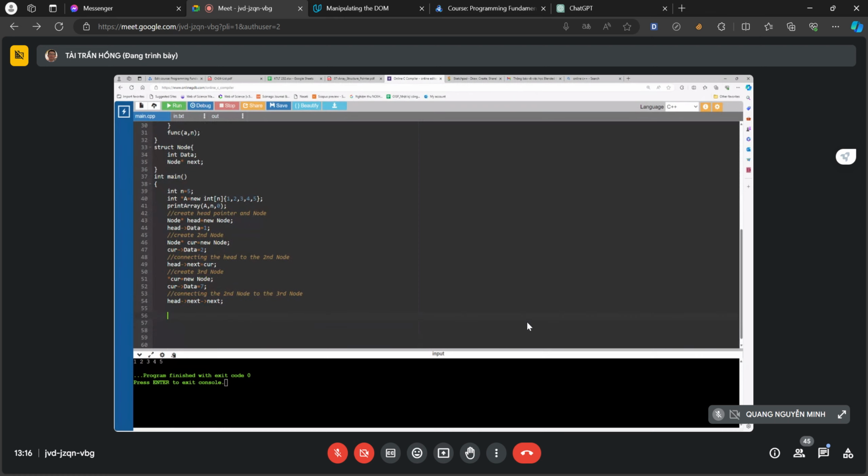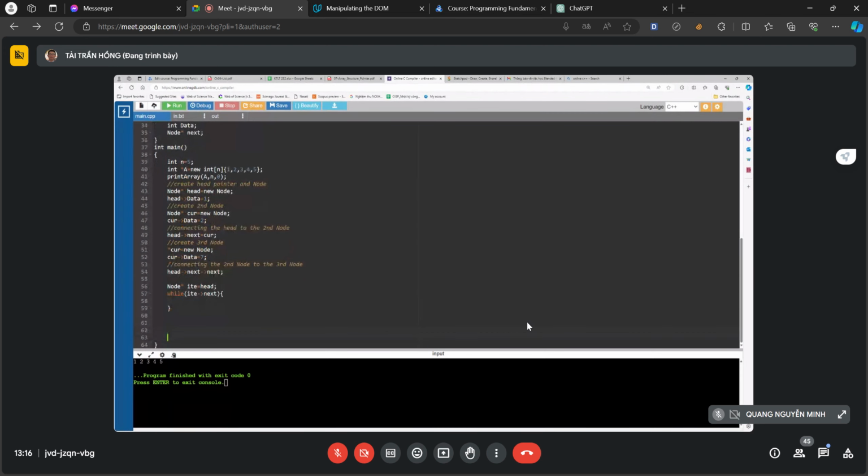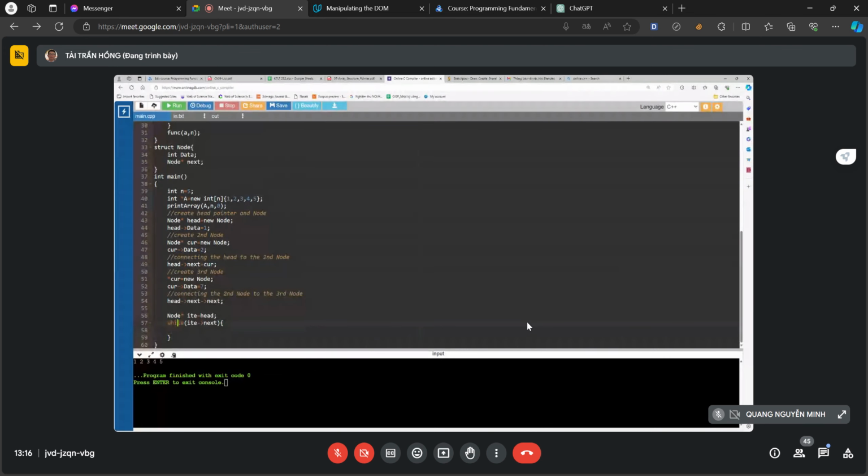Then to count those, we will use a pointer run from equal head. A pointer run from head while ite point next. While ite cout ite point data. And I get